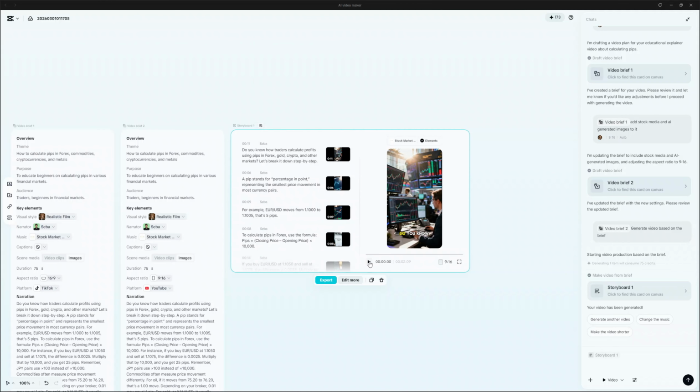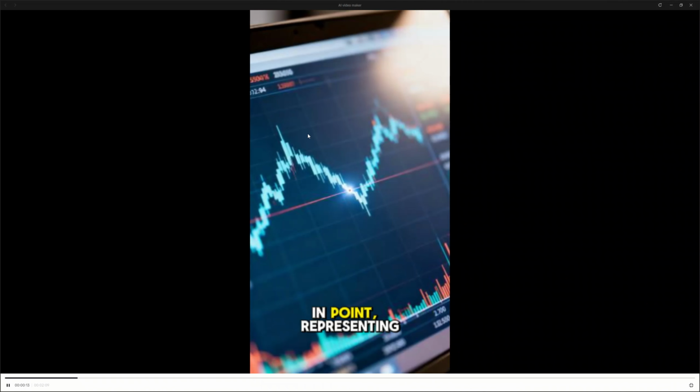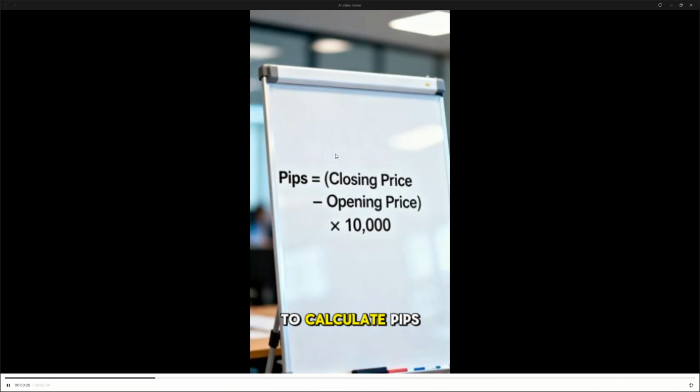It's a 2-minute video. You know how traders calculate profits using pips in forex, gold, crypto, and other markets? Let's break it down. Step by step. A pip always stands for percentage in point, representing the smallest price movement in most currency pairs. For example, if your USD moves from 1.100 to 1.105, that's 5 pips. To calculate pips in forex,